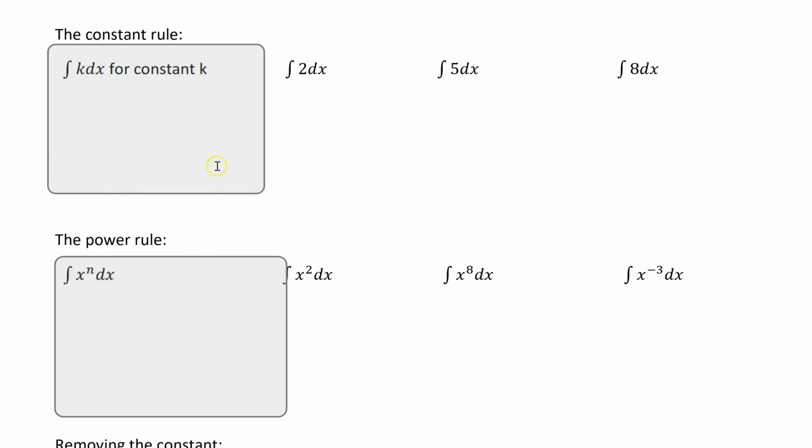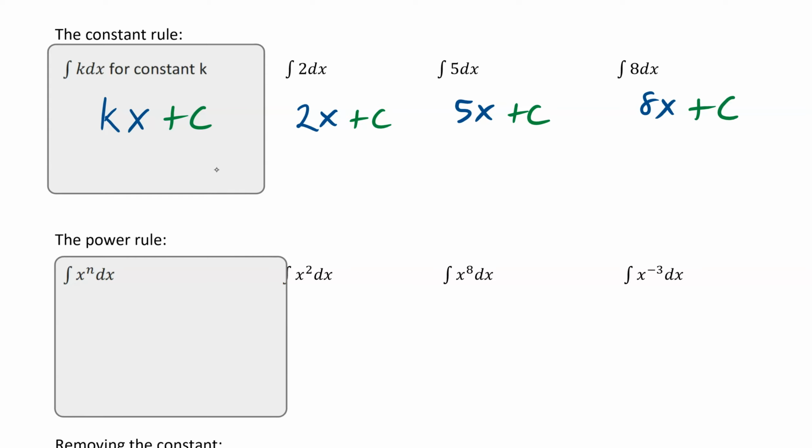So now that we know what an antiderivative is, let's find our antiderivatives. So if we have k, that means that before we took the derivative, our function was kx. So this would be 2x, 5x, and 8x. But if you remember, on every single one, we have to put plus c because we don't know what the constant is. And then you can quickly check it by just taking the derivative.